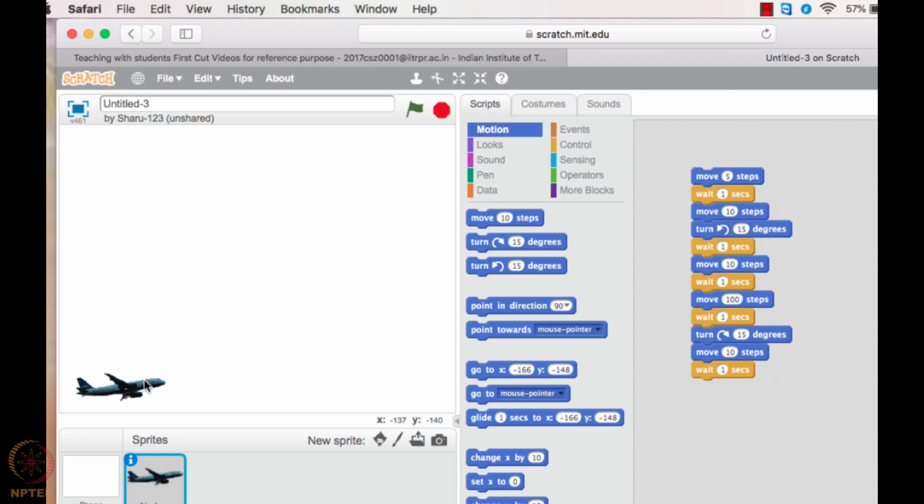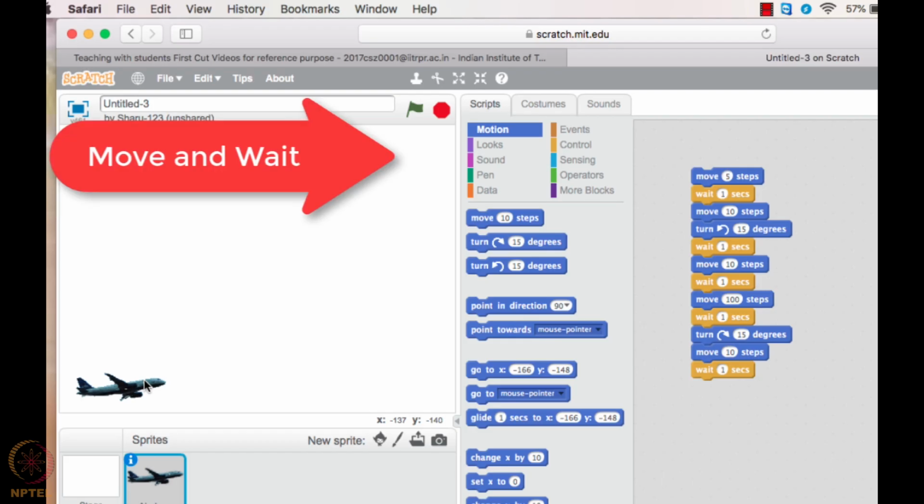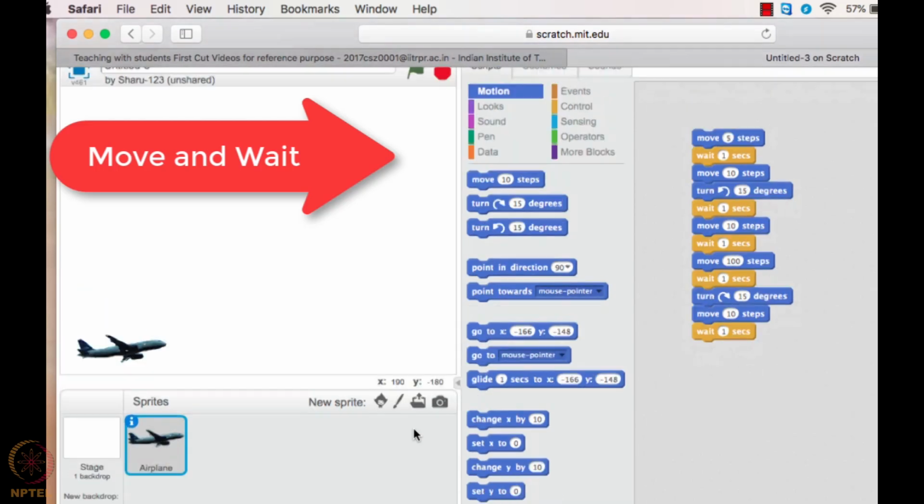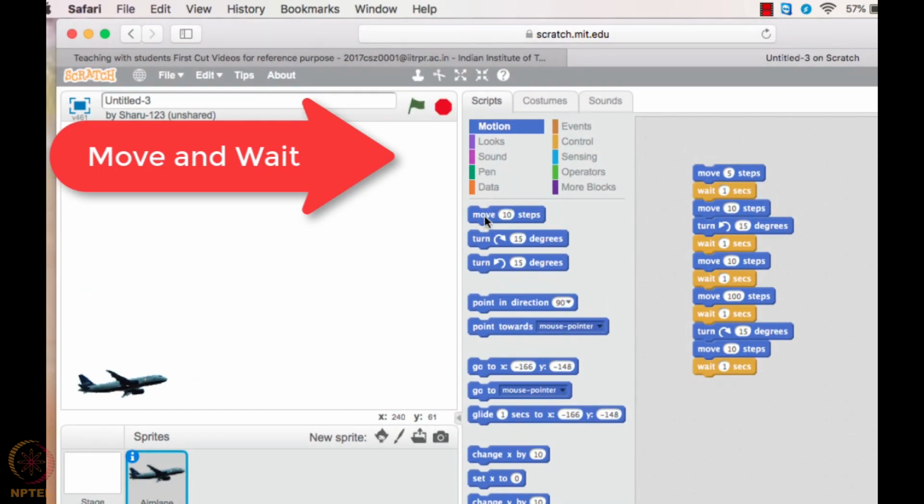For that, to make it look real, what you have to do here is we have to move it by say 20 steps and then wait for some time, then move 20 steps and then wait for some time. I'll insert this code again and again so that it looks real, that the plane is moving in the air. So let us do that. I'll just write here move, say like, this is wrong. Here I'll just write move 20 steps